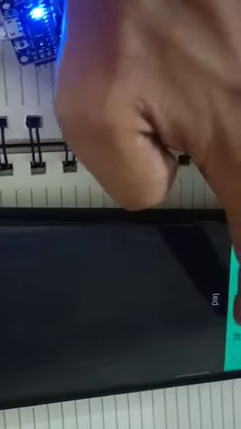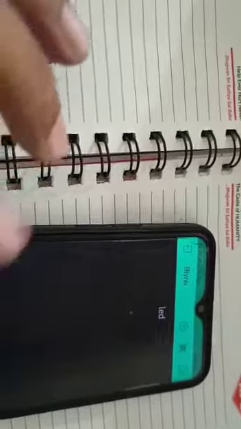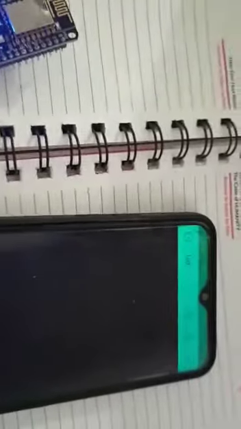So we have to add some buttons. We have to click this plus sign, sorry, not this plus sign. We have to touch this plus button, not that one.